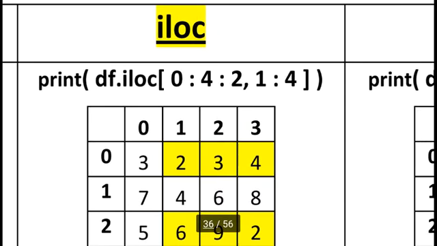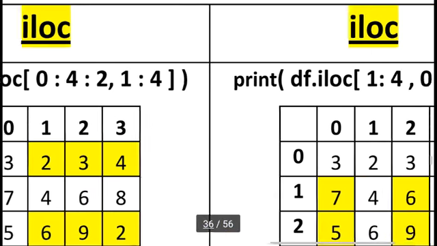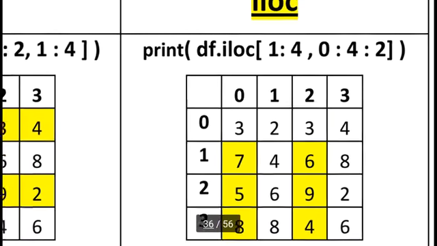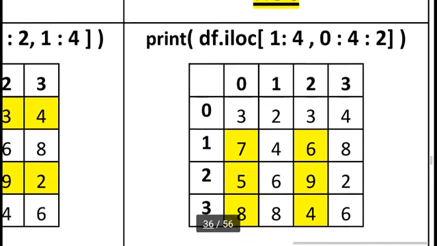So the new thing is that we can select only our desired portion with the help of step. I have completely mentioned before the comma which rows I want, and after the comma which columns I want for the selected rows. Okay, so you can see the last example with the help of iloc.